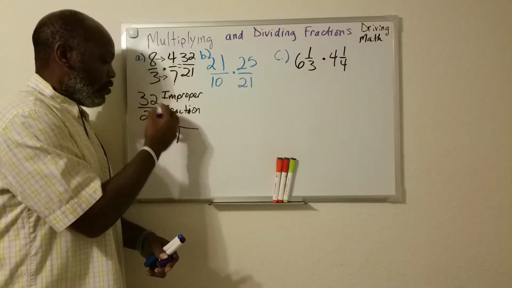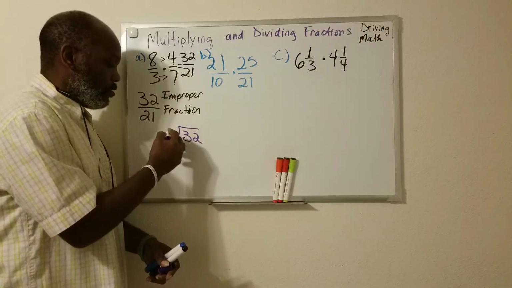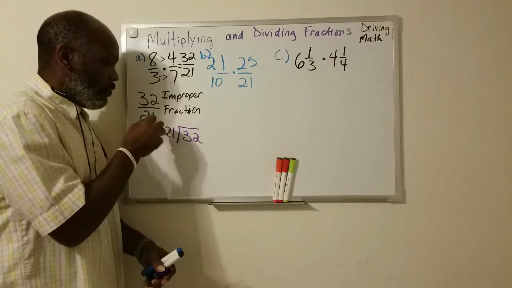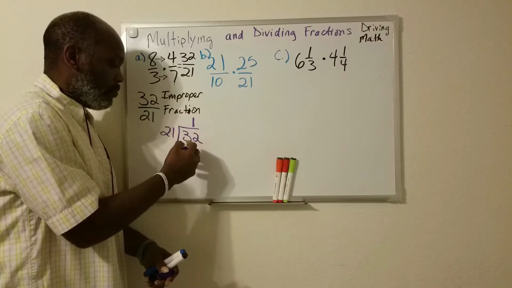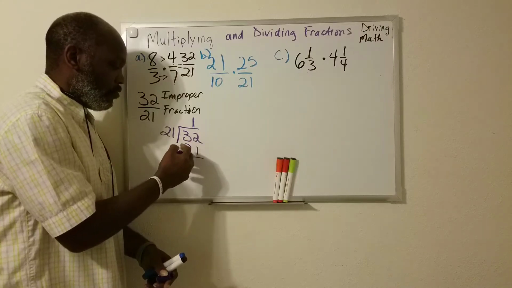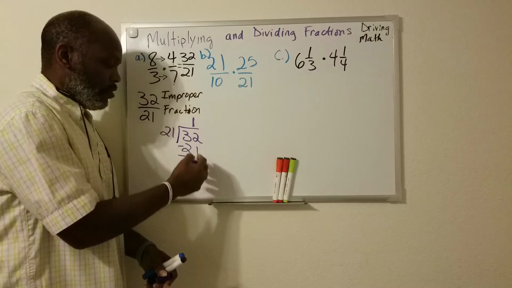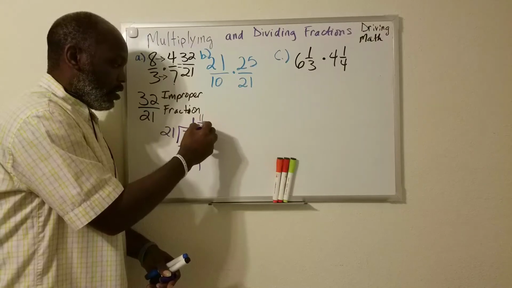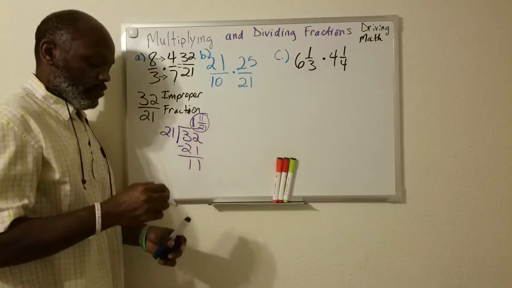Well, that is also considered simplest form, but another way to write that is as a mixed number. I am going to take 32, plug it in inside the division. That's considered my dividend. This is my divisor, and my answer is going to be my quotient. 21 goes into 32 one time. 1 times 21 is 21. I'm going to subtract 32 minus 21. 2 minus 1 is 1. 3 minus 2 is 1. Therefore, I have 11 left. So it simply is 1